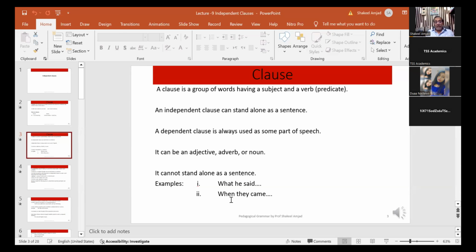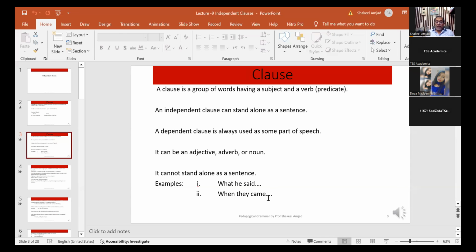And if, for example, we have a piece like this, what he said, he is the subject, said is a verb. अगर what को हटा दें तो ये पूरा सेंटेंस बन जाएगा, सब्जेक्ट प्रेडिकेट. लेकिन ये what. अच्छा ये देखिए, ये what he said, does it make a question? अगर ये क्वेश्चन बना रहा होता तो ये कहता what did he say. उसने क्या कहा। यहाँ what का अगर आप ट्रांसलेट करें तो what का क्या तर्जमा होगा, जो उसने कहा।